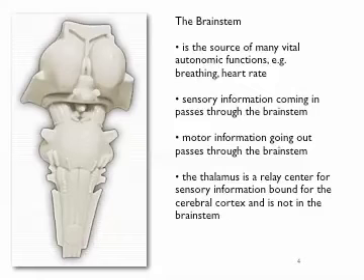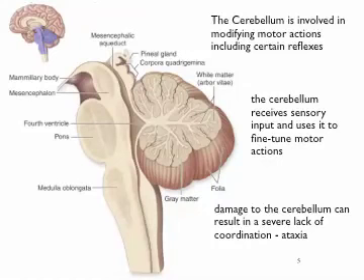If you turn the structure around, look at it from the side again, you see the brainstem again, the pons, the medulla, and a little cerebellum on the back. Cerebellum literally translates as little tiny brain, and we know that it's involved in modifying motor actions, including the adaptation of certain reflexes to changing environmental conditions. The cerebellum gets sensory input from all over the body, and it integrates that sensory input to fine-tune motor actions so that they get the desired result.